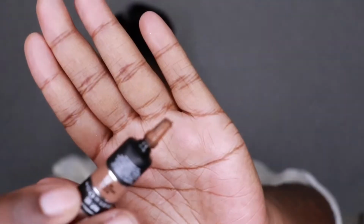It's very small, and oh, this is dark. This is very dark. I'm really trying to put it on just to see if it shows. I don't even see it. Let's see. Because I got some acne spots right here. Okay, it could hide something, but I think this is too...